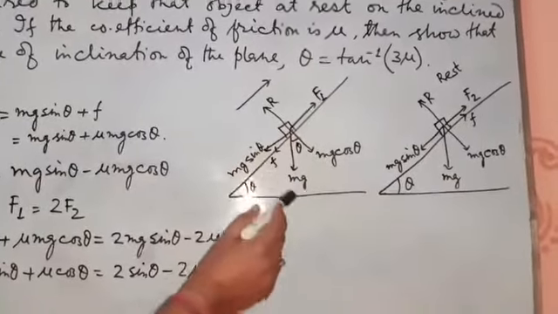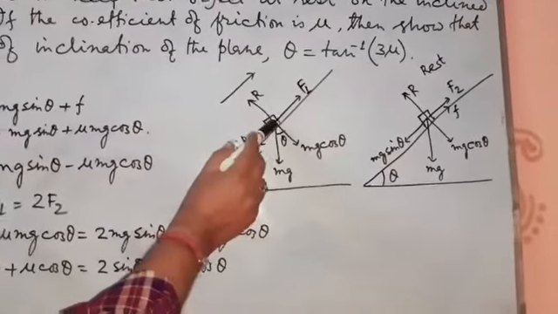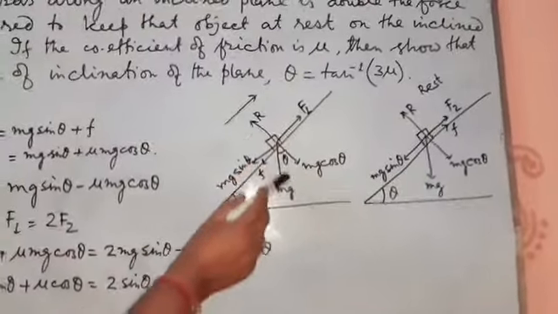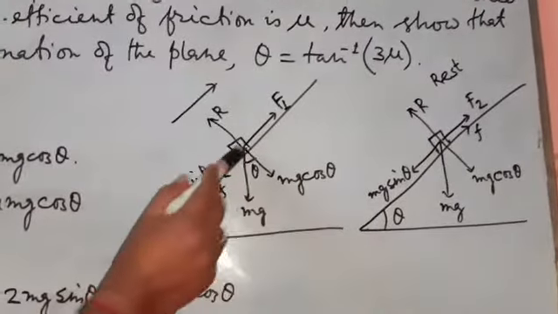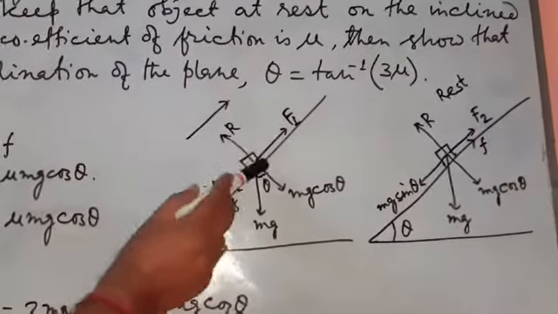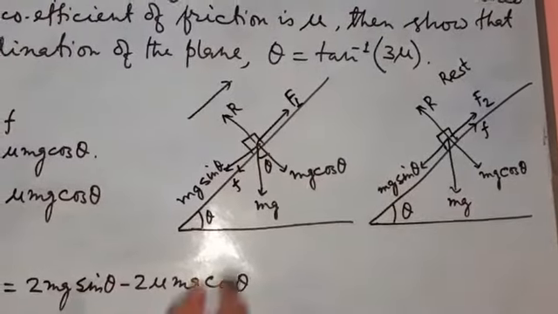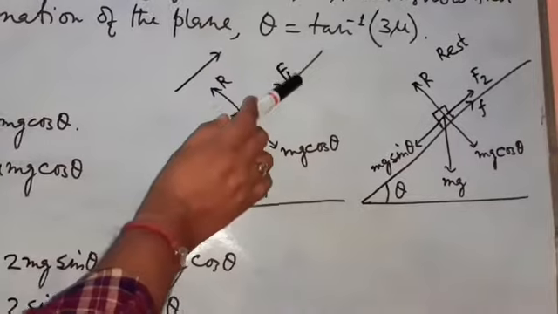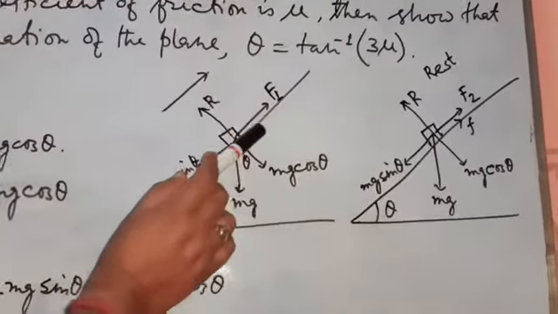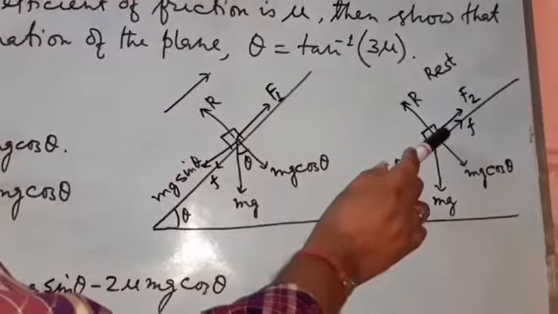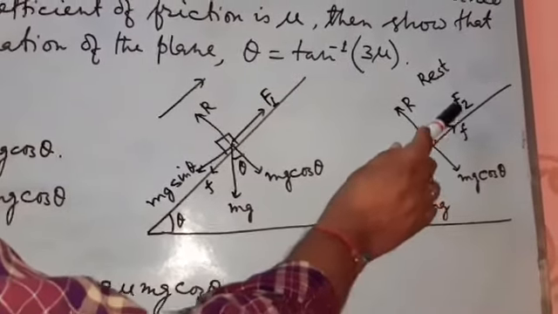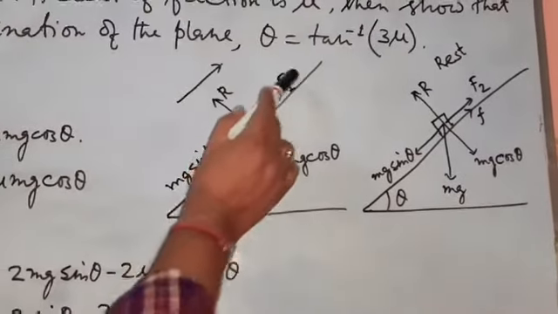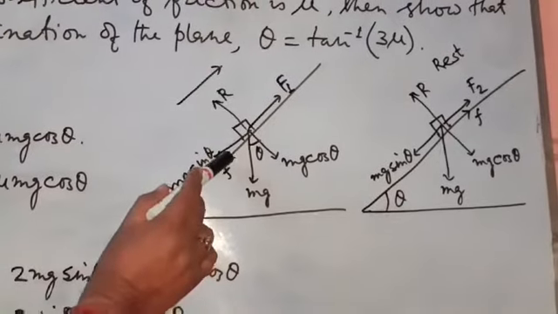See this case, here the angle of the plane is theta, and one object of mass m is kept here. In the first case we have to move this object uniformly upwards. Resolving mg, this side it is mg cos theta, this side it is mg sin theta. Here it is the reaction. Same case here also. When the object is moving upwards uniformly, the force required is F1. In the other case, the object is kept at rest, and the force required is F2. As the object is moving upwards, friction will act this side, F.